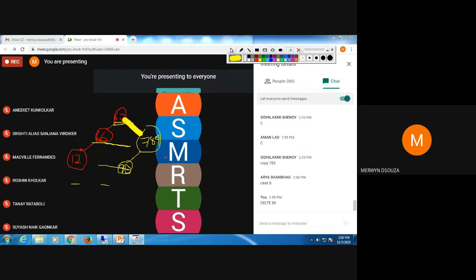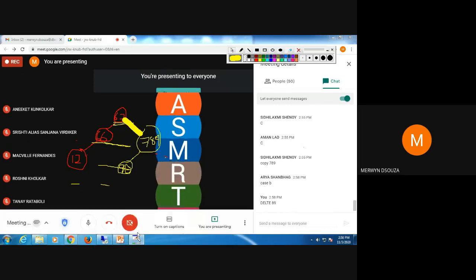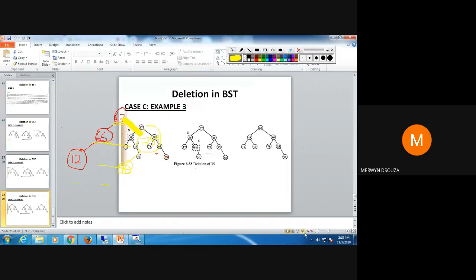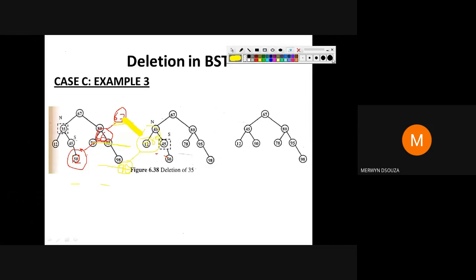Okay, is it okay? Is anyone having any doubt how I got this because of delete 89? When I was showing you on the slide, I showed you in detail. So whenever you are doing it for exams or ITs, you need not show this middle step. In case you know how it is to be done, this step need not be shown.